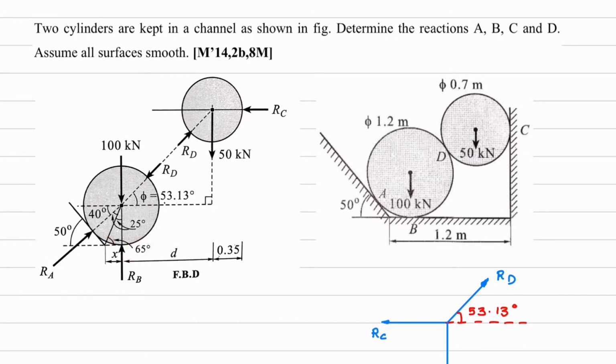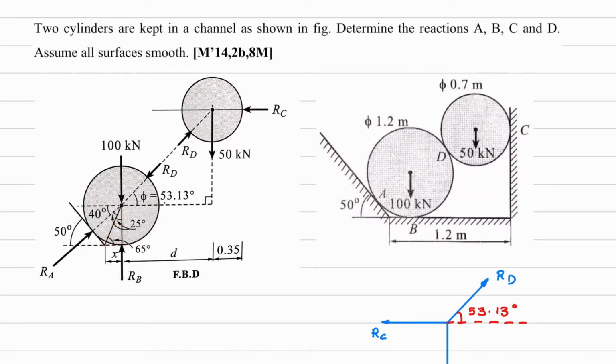Now what I need to calculate is this x distance. Now understand here, for this numerical, the distance from this point to this point is given as 1.2 meter. Now we will divide this distance into a number of small distances. So first, from this point to the center of the cylinder, this we are denoting as x, that we have to calculate. So that is why we will consider a right angle triangle over here.